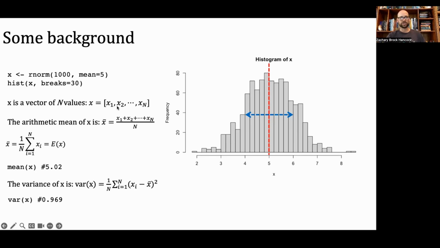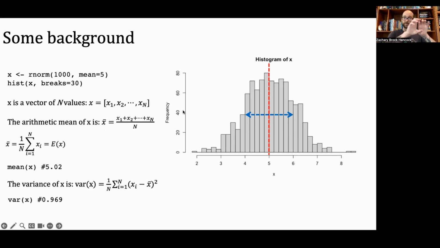Okay, so whenever you see these little subscripts, these are telling you that these are just indexing the values, such that the total x is actually composed of all of these other values within it. We can then take the arithmetic mean of our object x, which again is a vector. Whenever you see the bar over a value, like this is x, the way you read this is x bar, this is telling you that this is the mean of the vector x, which you can write as x1 plus x2